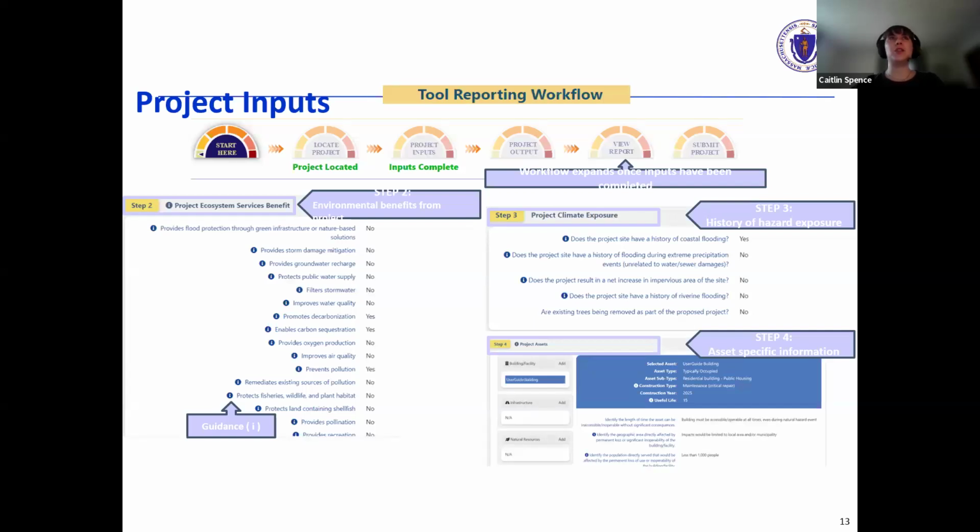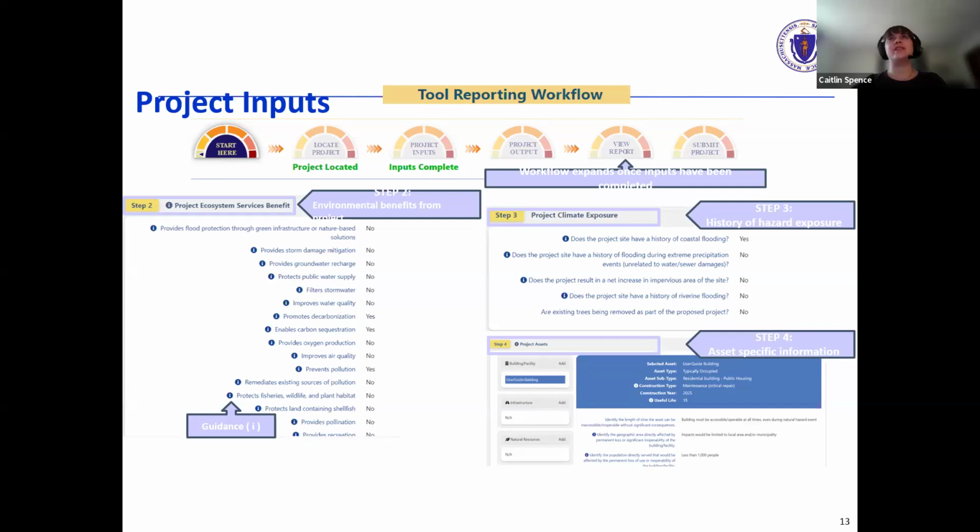If the project also involved a rain garden, the user would enter that as a separate asset and answer questions about that. Assets each have a category. The categories are building facility, infrastructure, or natural resources. And within each of these categories, assets have types and subtypes to get more specific about what the project is proposing and how each type of thing interacts with climate change hazards.